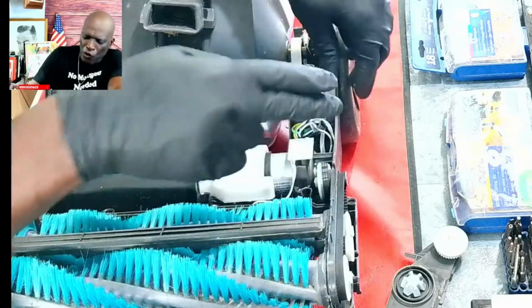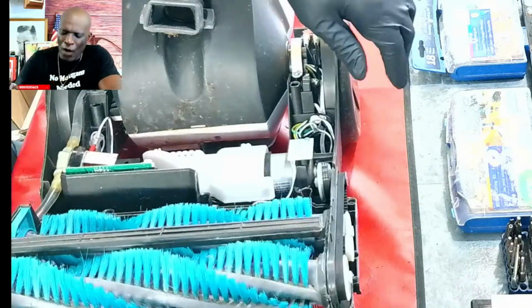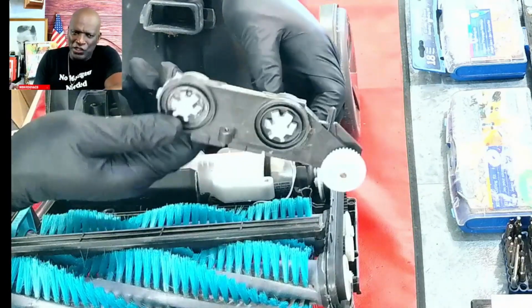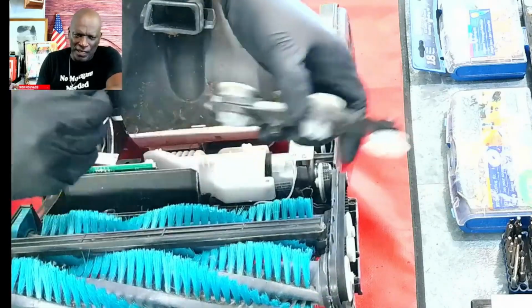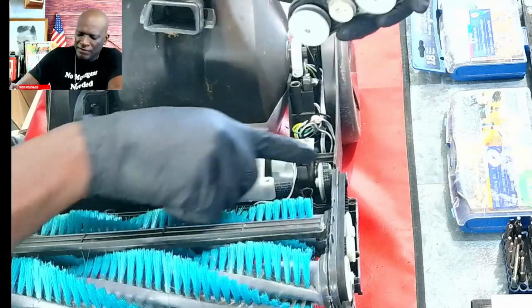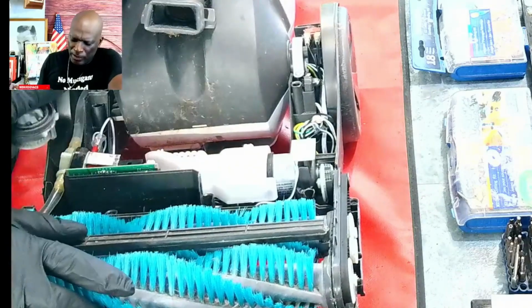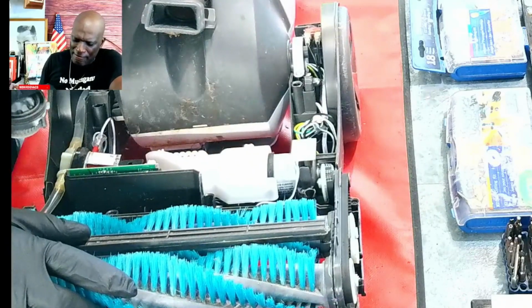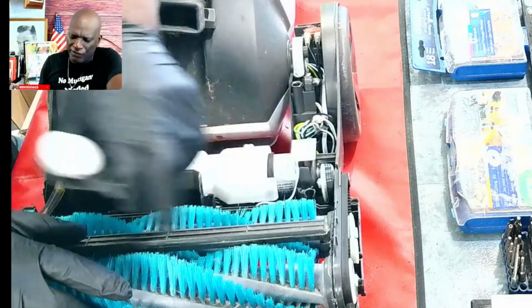But unfortunately, you can't buy this gear piece here right now, at least to my knowledge, brand new. You may be able to go to Amazon or eBay, and maybe someone is selling parts off the machine that's still working. I was lucky enough to get this one on eBay. Okay, but to my understanding, I'll double check. I don't want to say for sure, but